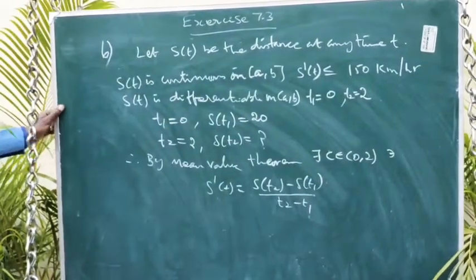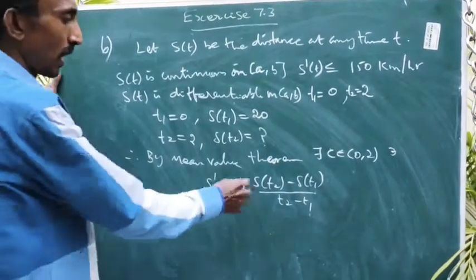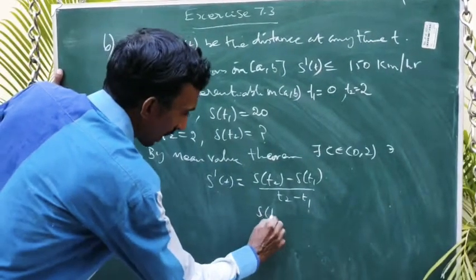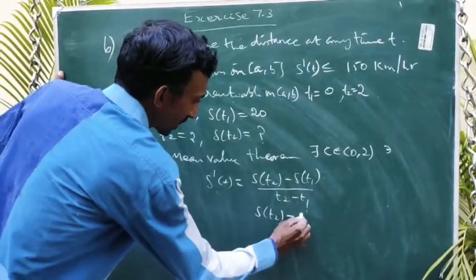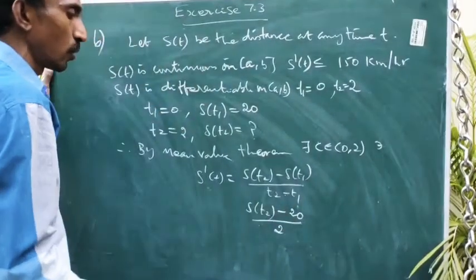Here b is t2, a is t1, that's all. Okay. So what is s of t2? That is our aim. So s of t2 minus s of t1 is 20 by 2 minus 0 is 2,